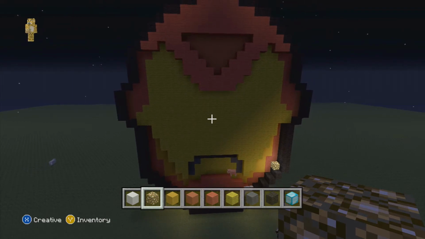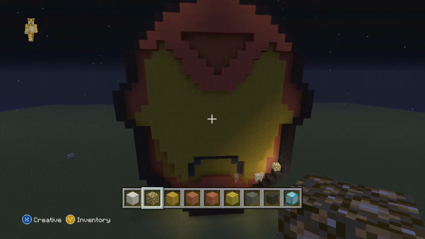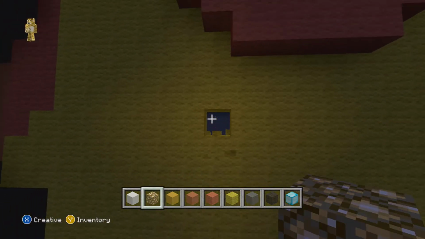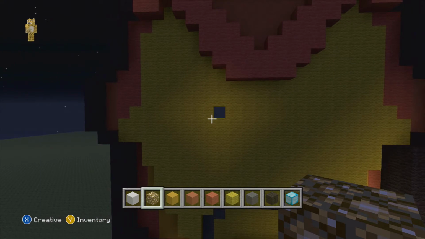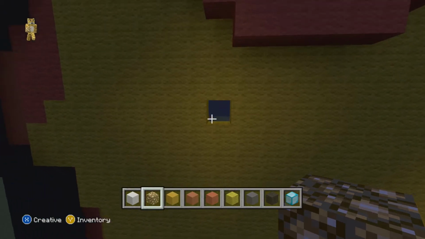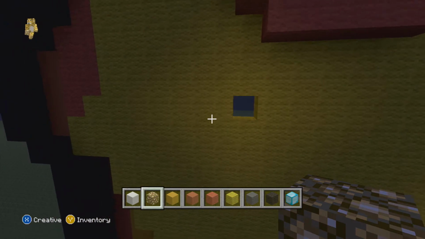So now what we're going to want to do is go down to this block here. It's going to be like that. I think it's there. I'm just trying to check my measurements for a second. Yeah, oh, that's a shame. Lost connection. Okay, so we're going to